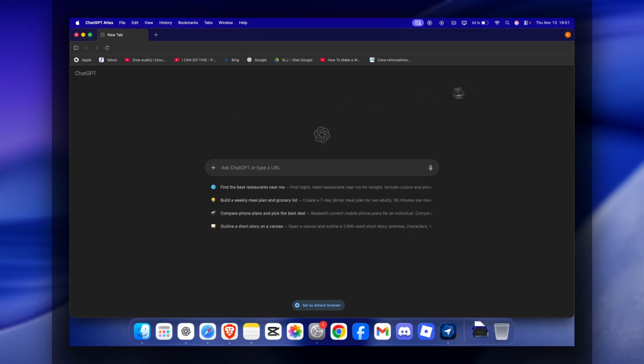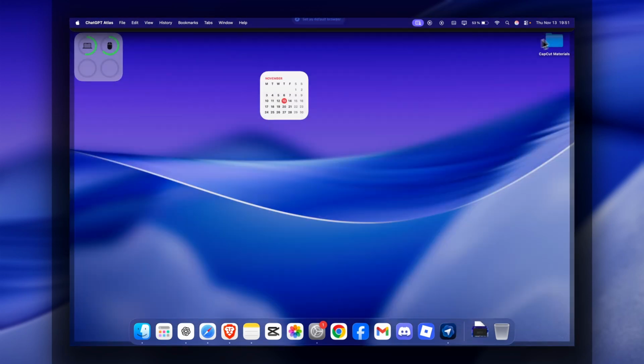And it also transferred all my bookmarks and history, etc. and my profile into the